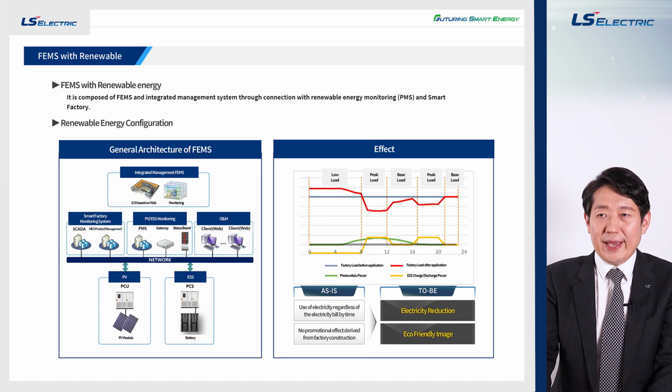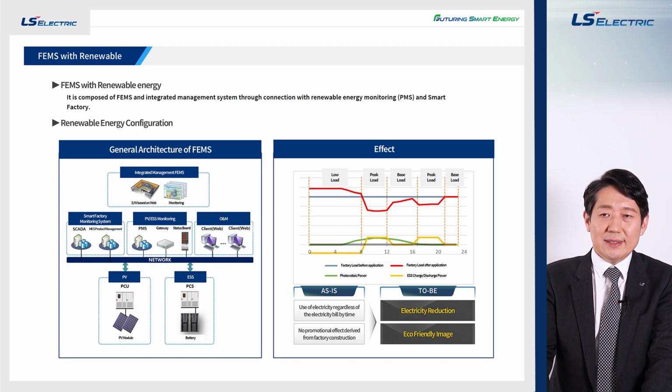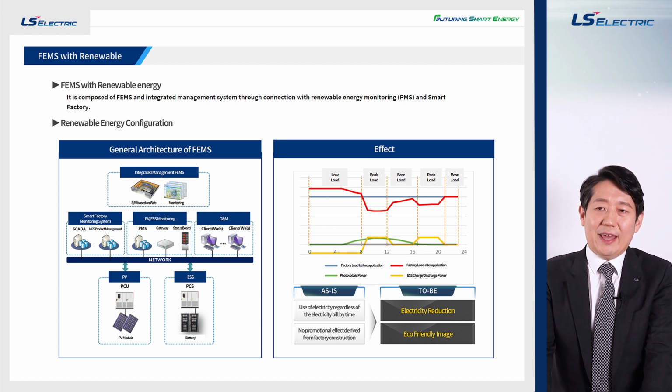Currently, energy supply and demand is possible from various renewable power sources. At that point, energy is saved by choosing the most economical way. By utilizing the ESS functions, electric bills can be reduced in real time, and the image as an eco-friendly company can be promoted. This is the end of FEM's